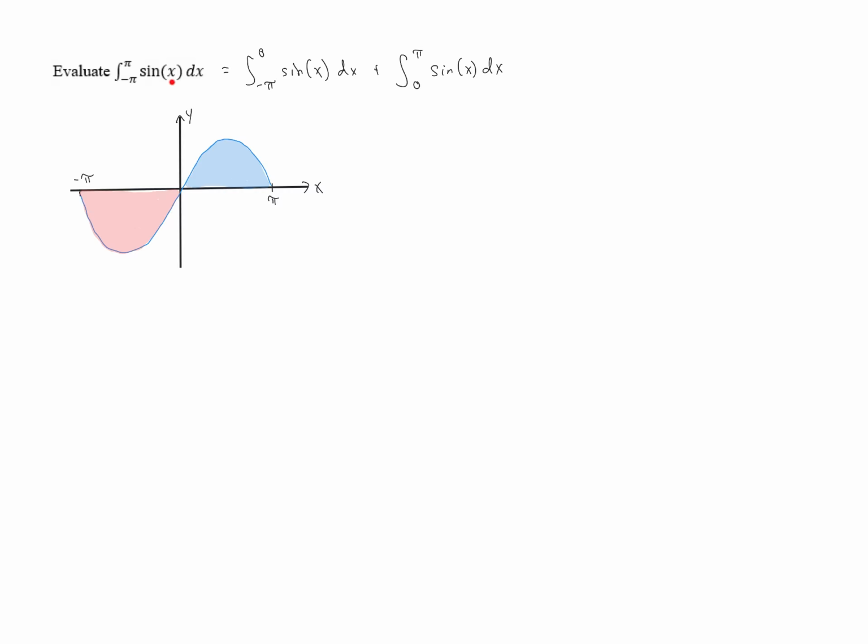If you think of sine of x, that is an odd function, meaning that sine of negative x is equal to negative sine of x. And what that means is that this has rotational symmetry about the origin. So if we were to rotate this 180 degrees, this region would go straight here, and this region would go straight here. So these areas are equal to each other,